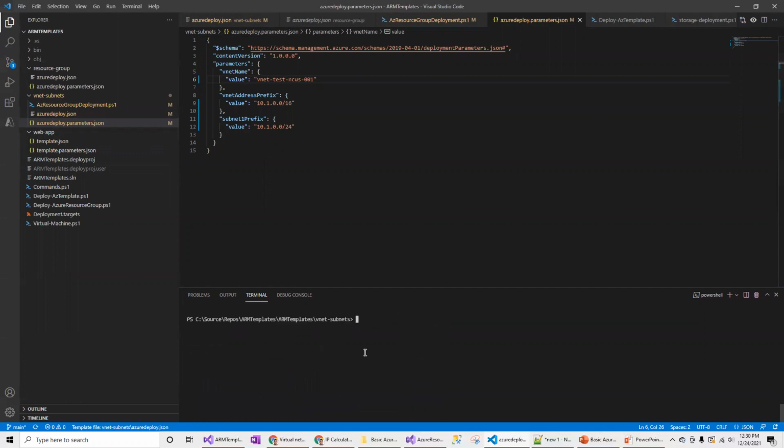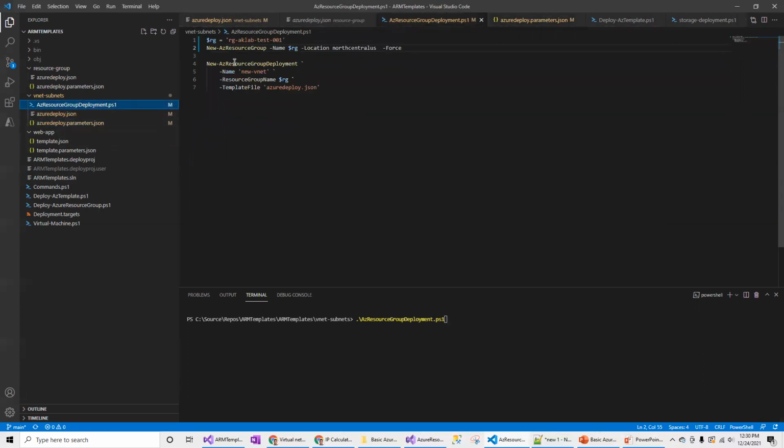So let's now make sure that you connect to Azure using Connect-AzAccount. I've already connected. The next step, I need a PowerShell script which is actually going to run these RM templates and parameters. So here is the command, az deployment group create.